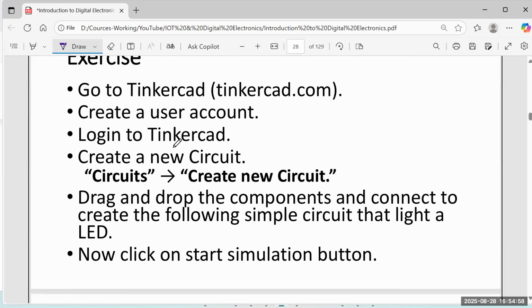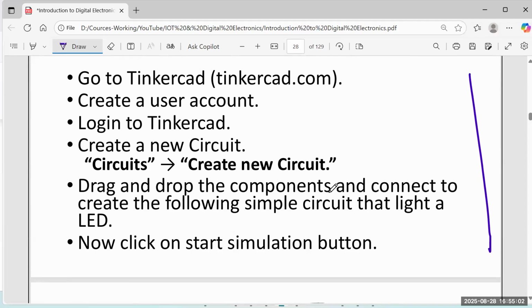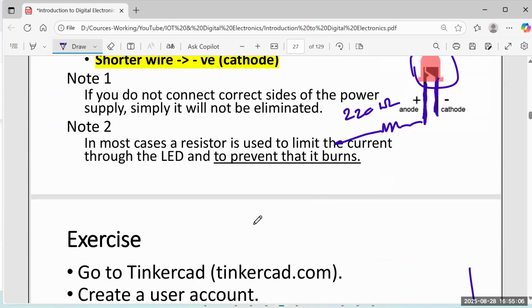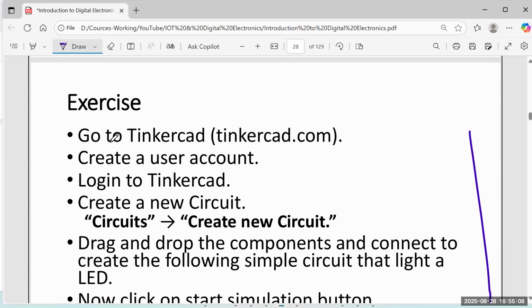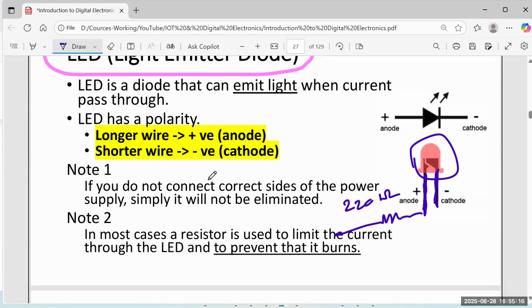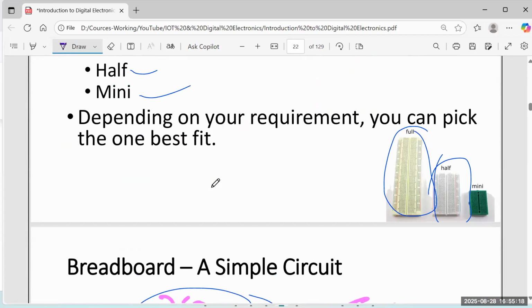Right. So this is a small exercise. You can do it if you have the breadboard and other devices. You can use that, or else we can use a simulation environment called Tinkercad or any other simulation tools available. Okay, so that means either you can use